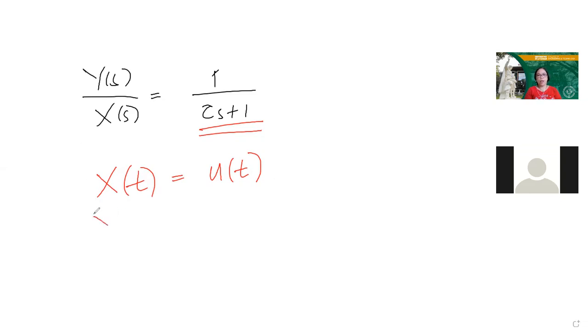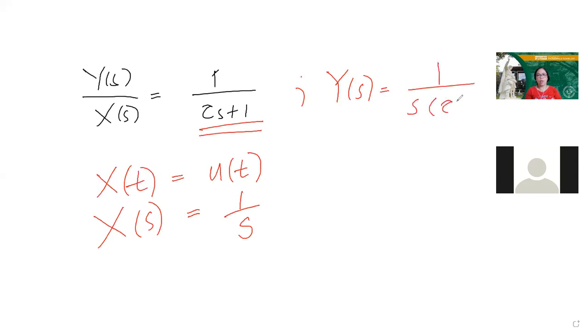Now, its Laplace transform is 1 over s. Okay? In deriving the response for this type of forcing function, what was done in your textbook is to solve for y of s with x of s being this one already. So you have 1 over s times tau s plus 1. How do you get the y of t here? You just simply invert this expression using methods of partial fraction